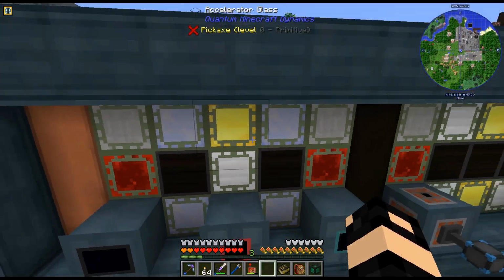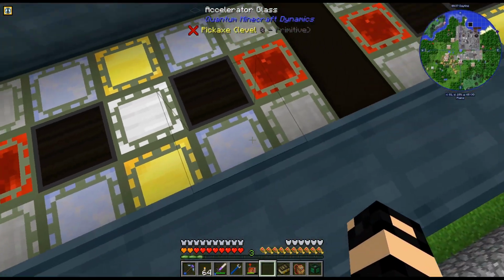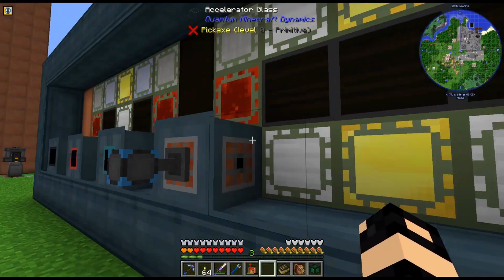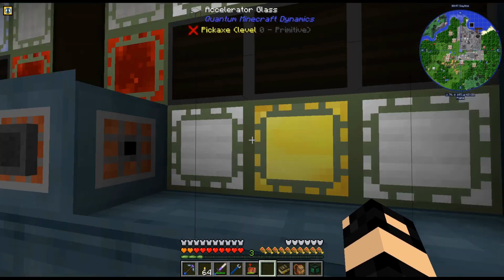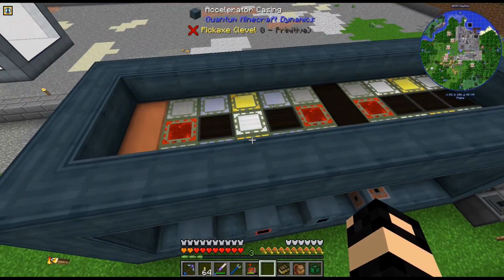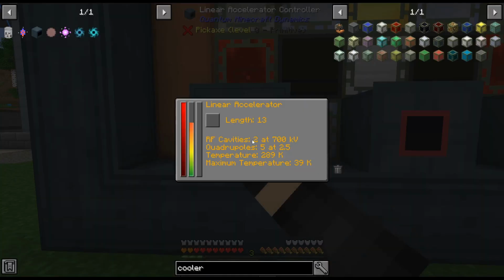So as we can see, I got the redstone in there, and then there's the quartz, and then the manganese is between the gold and that. And that's the gold and iron right there. Gold needs to be in between two iron, and then iron needs to be next to a magnet. So overall, not super complicated. Now, if we look at the controller,